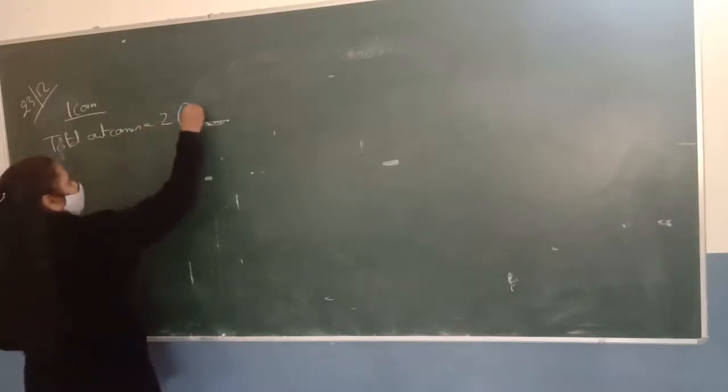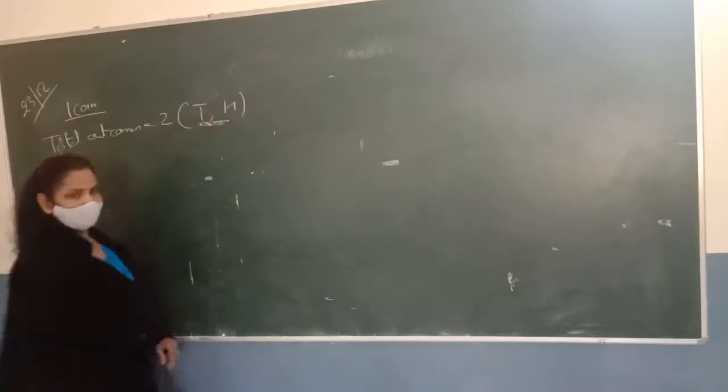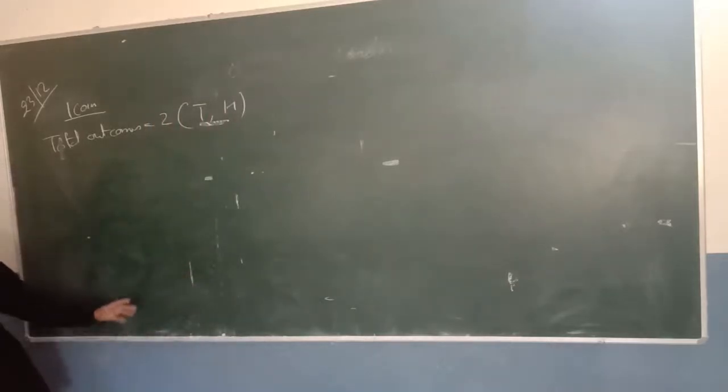Now in our syllabus we have, first of all, 1 coin. For 1 coin, what is the total number of outcomes? 2 outcomes are there. So total outcomes is equal to 2. It can be tail, or it can be head. So if you toss a coin and you want to find the probability of getting the tail, what is going to be the probability?